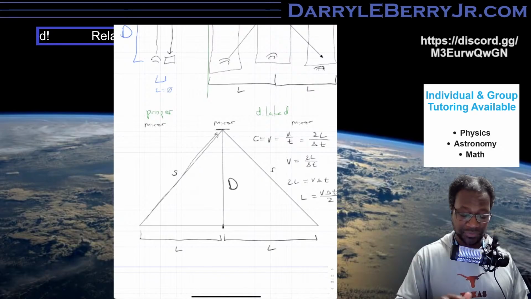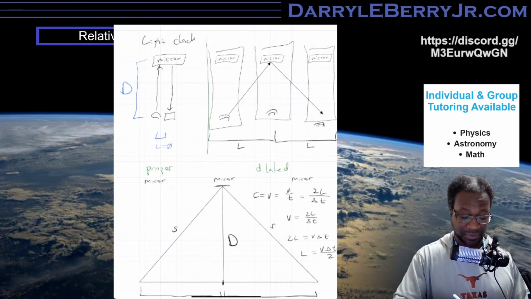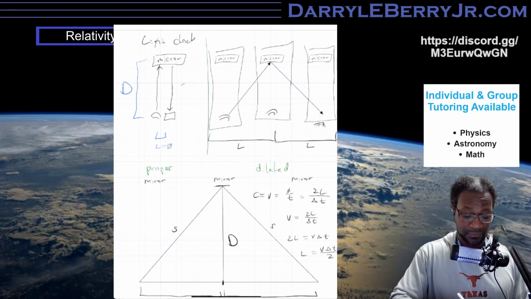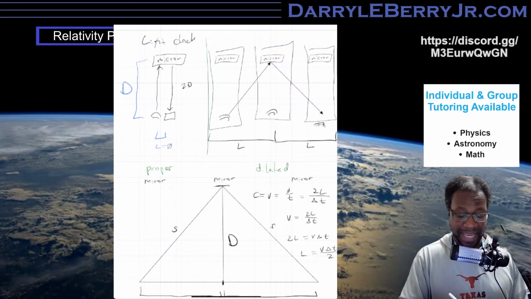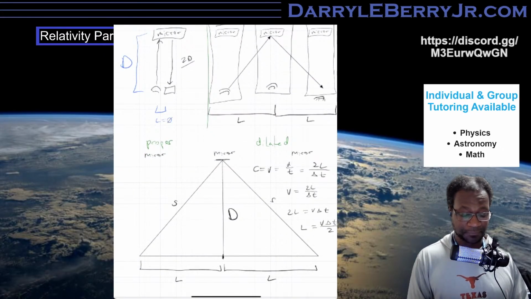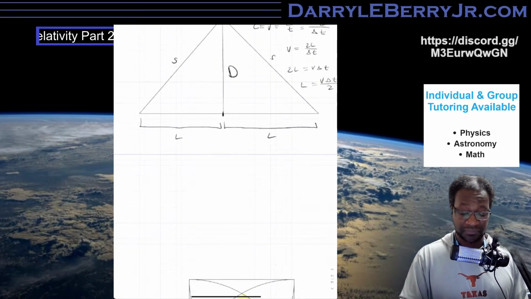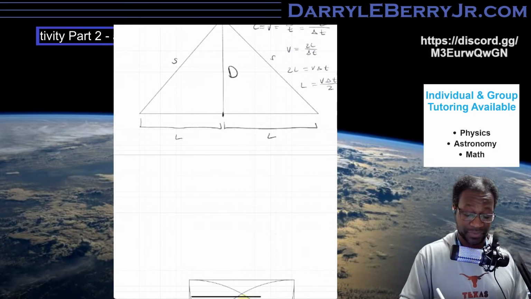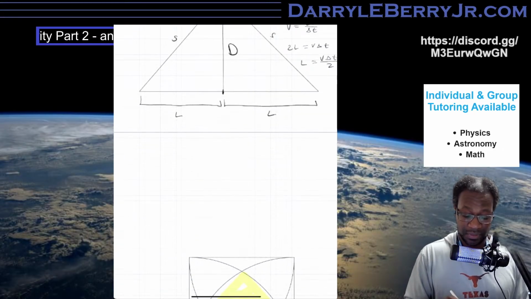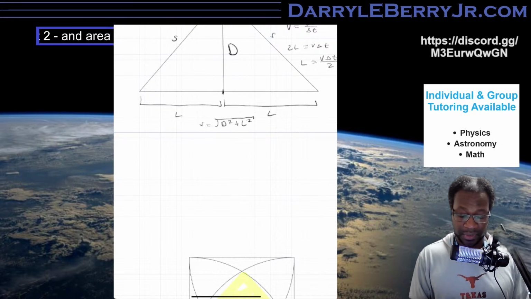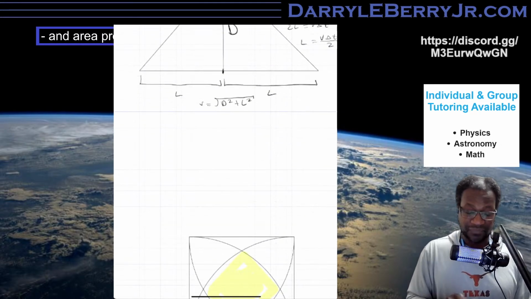From the perspective of the astronaut, the light simply travels 2D, right? It travels there, it travels back, the whole path is 2D. From the perspective of Earth, the light travels S and S, and S is going to be the square root of d squared plus L squared. And now we have 2 of our